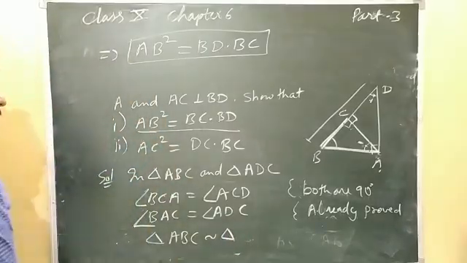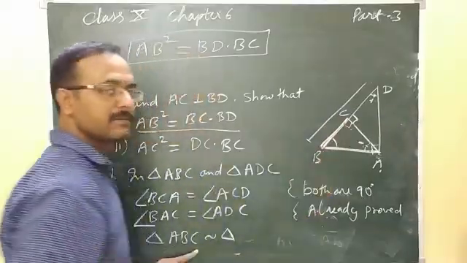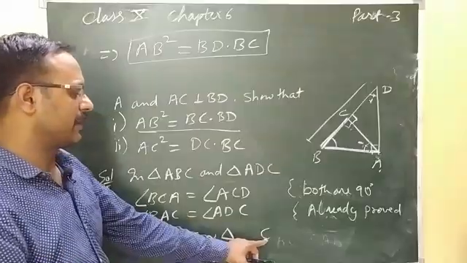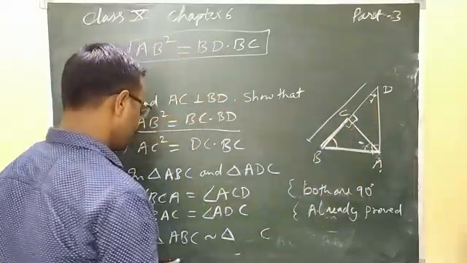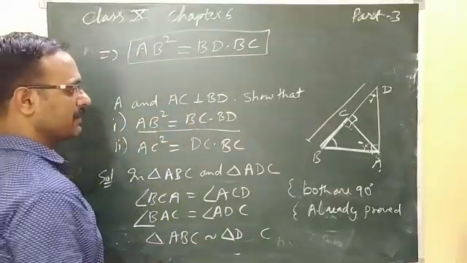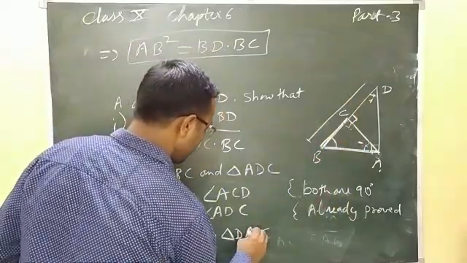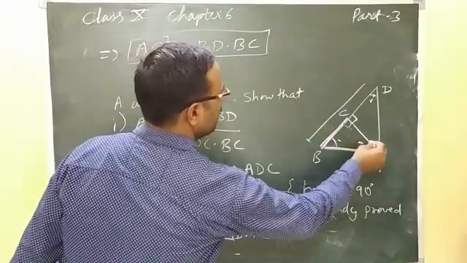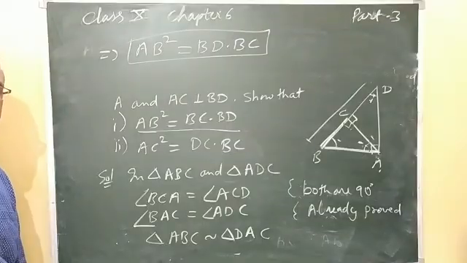Now which are the corresponding points? We can see this angle C was equal to angle C in both triangles. So in place of C, you will have the point C only, and angle A was equal to angle D. So in place of angle A, you will take angle D, and what is the remaining point in this ACD? A is left, so this angle B will be equal to angle A. That means this angle will be equal to this angle. Okay, so these two triangles are similar.